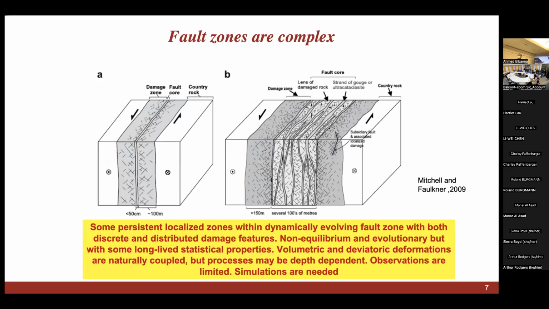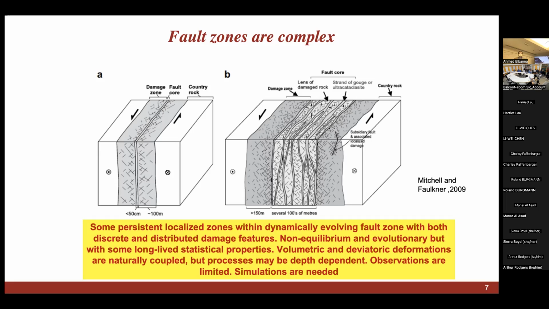But the problem is faults and fault zones in reality are really complex entities. These are a couple of sketches for how a fault zone looks like from a paper by Mitchell and Faulkner. And whether we consider a fault zone that's relatively simple with a single fault core, or one that has multiple slip surfaces, in general, fault zones have this mix of persistent localized zones within a dynamically evolving structure with both discrete